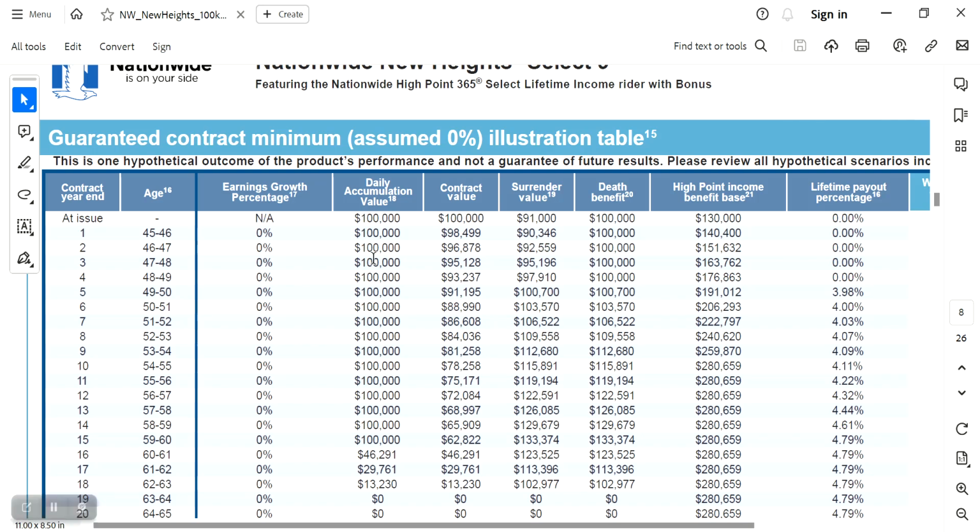Yeah, I'm on page 8 with a 0% illustration. Yes. Okay. The contract value starts at 100,000, and the contract value is decreasing every single year because of the rider charge of 1.10%. The daily accumulation stays up at 100,000 because the daily accumulation is looking at the underlying index to the contract